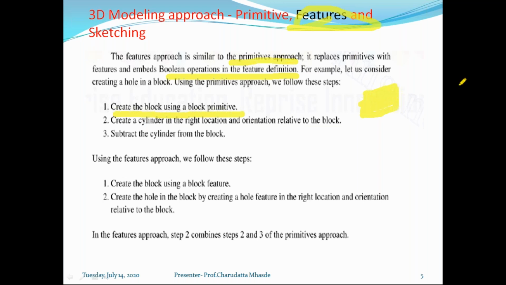On this block, if we are creating a hole, this is exactly what feature-based modeling tells. When we create a cylinder and drag it, we can actually do this in two ways. One is you can create a cylinder, drag it downside, and then use a subtraction operation so that on this rectangular block you create a cylinder. This is one approach for creation of a solid model.